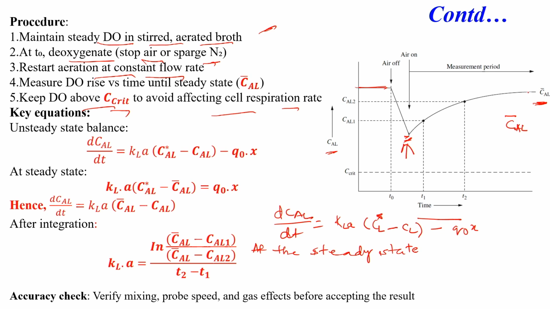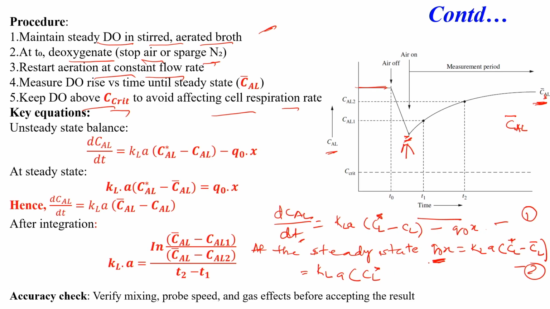If you assume it is reaching the steady state, then the rate of accumulation will be 0, and Q naught X will equal KLA into CL star minus CL bar, because this is the concentration it is reaching. Let us say this is equation 1 and this is equation 2. If I put the value of Q naught X over here, I will end up with KLA